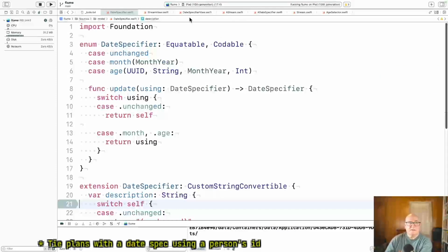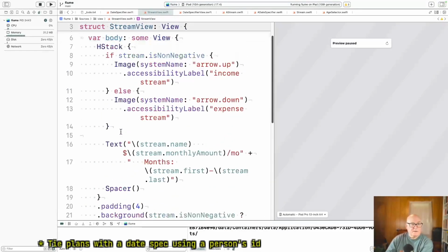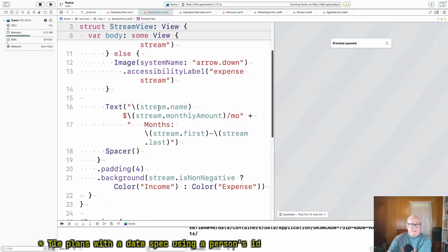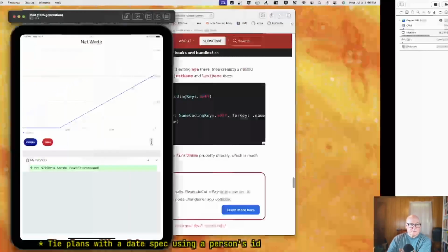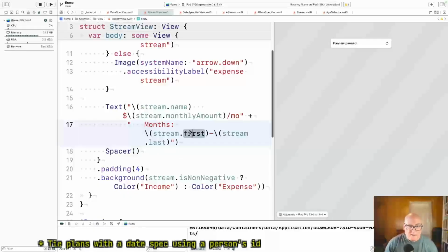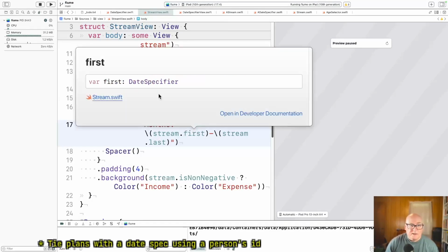What is that showing? Okay, it's showing an arrow. Complicated. It's showing the name. That's income. Monthly amount. Streams.first. Come on, you know the type. Date specifier. Okay, so yeah, we're saying show a date specifier, and it says, okay, I'll call your description.